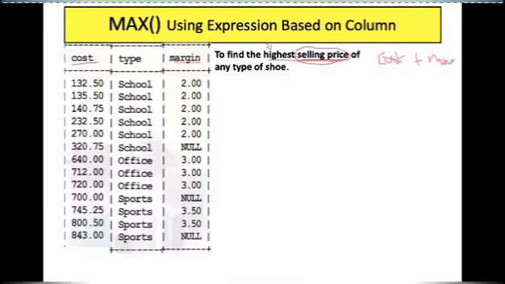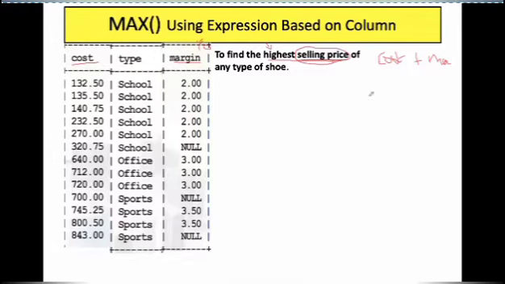This is the catch: because here the margin is given in percentage, you have to convert it into rupees first, which will be cost into margin by 100, like 2% of 132.5.